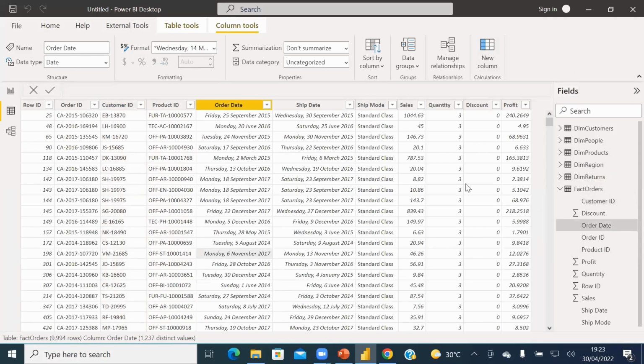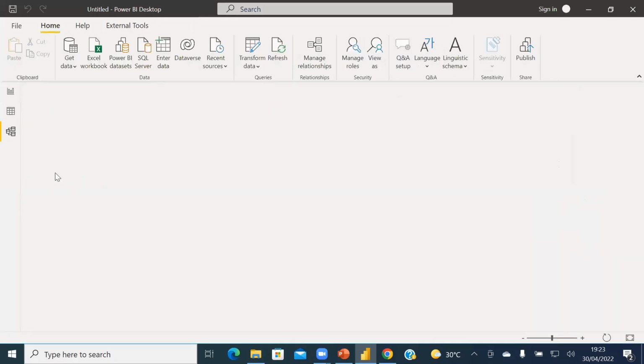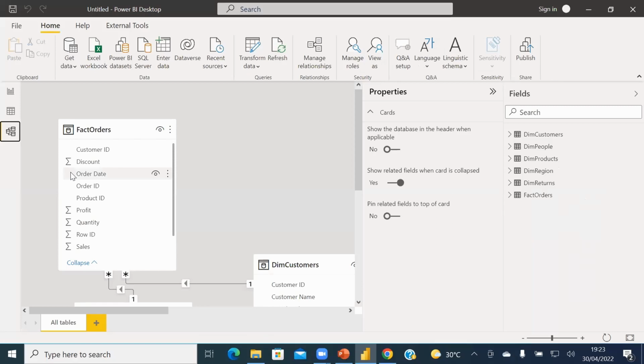You can add new columns here. Right now, we don't have the need to add a new column because that will start going to another level. So that's that. You can change your data type. What do you want it to look like? Great. Another view we have again is a modeling layer, modeling view rather.